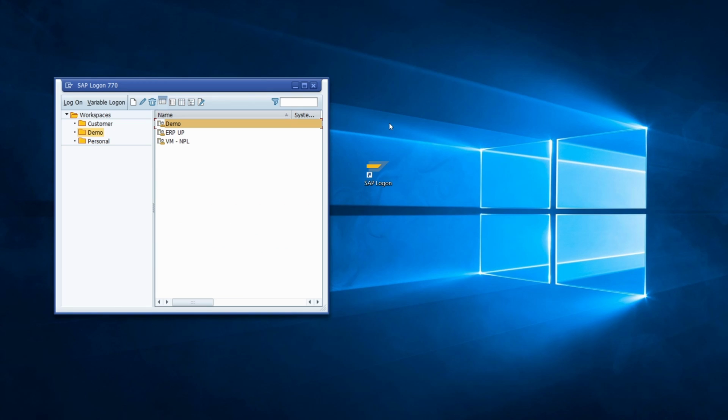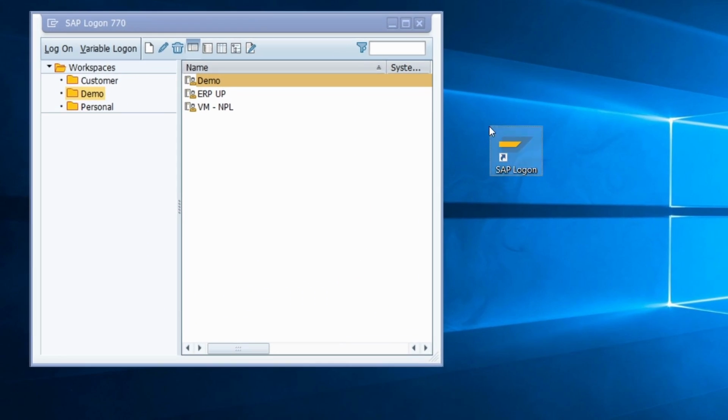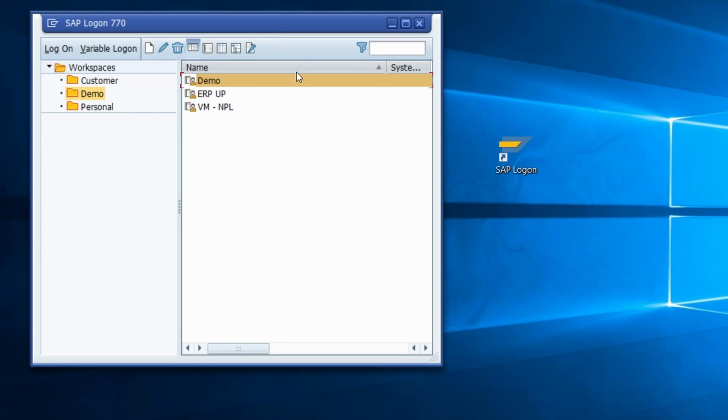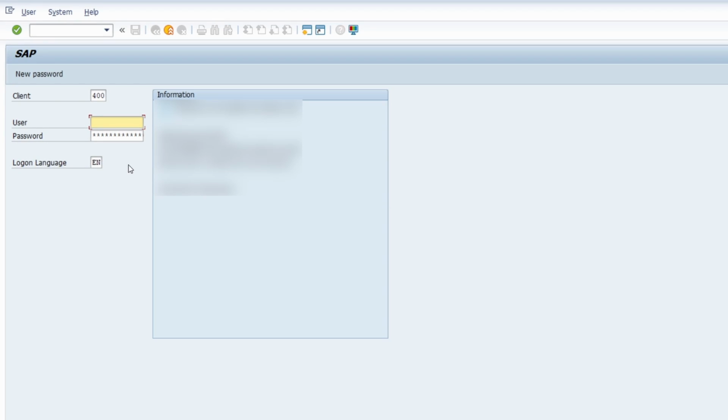So to change your password of your SAP user, first of all you have to open up the program SAP Logon. Once you've double clicked on this icon on this program, then you will have a similar look and feel. I think they will have maybe different connections with different SAP servers, but you have to open up the connection, double click on the connection where your SAP user exists, where you want to change the password, and in here